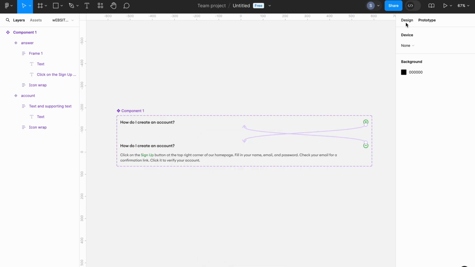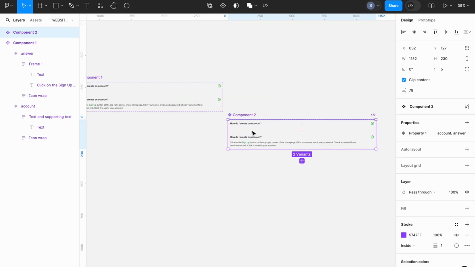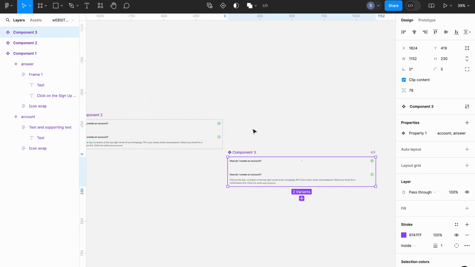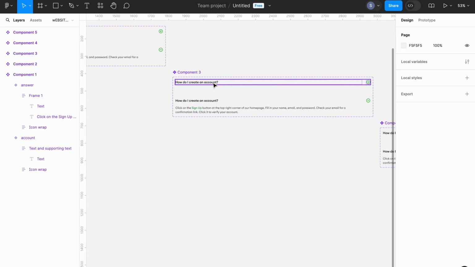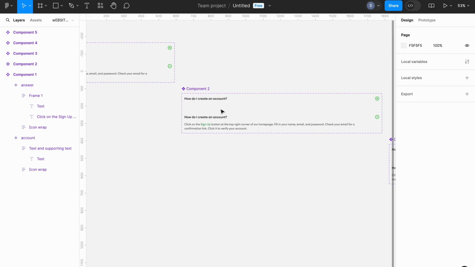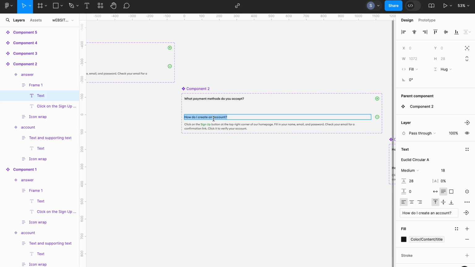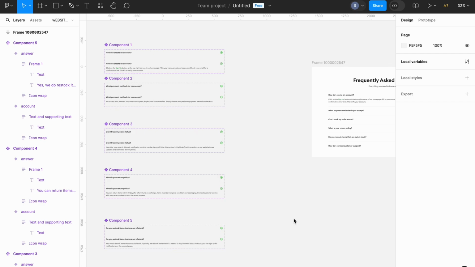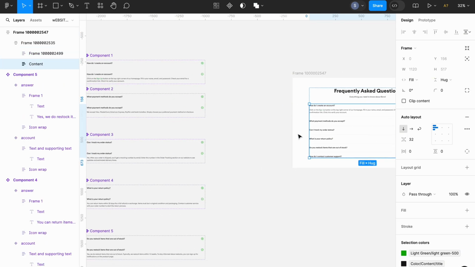Let's assume we have 5 questions, right? So this is the first one I just did. All you need to do is to just make 5 duplicates for 5, and then you can start changing your questions. So this second one, I'm just going to change this to this and also change it here. So now that I've added the responses to the rest of the frequently asked questions, I'll replace these current questions